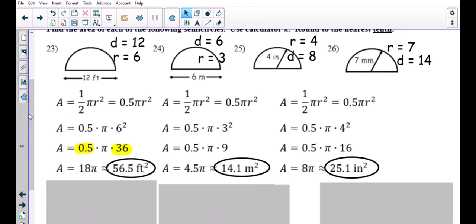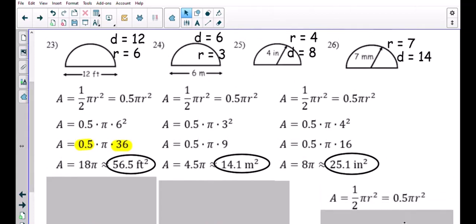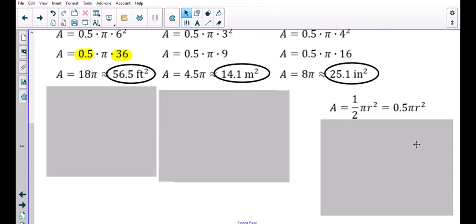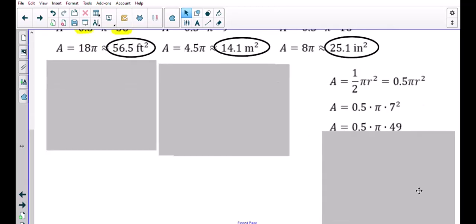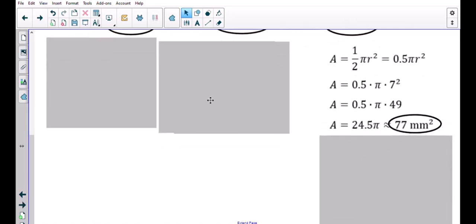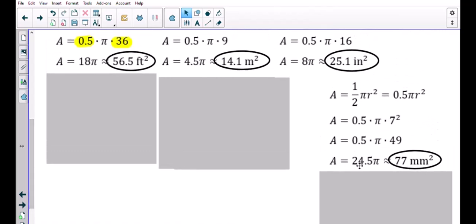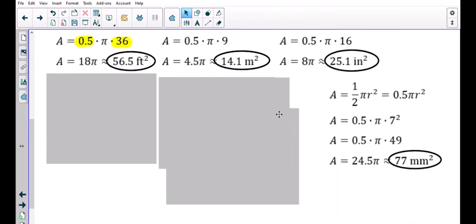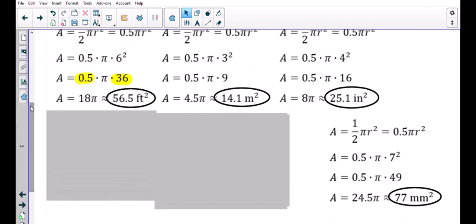And finally, number 26, because this is already a very long video, we've got our radius of 7. So we're going to take half times pi times r squared. R is going to be 7. So 0.5 times pi times 7 squared. 7 squared is 49. Half of 49 is 24.5. So we get an answer of 24.5 pi, which is about 77 millimeters squared. So I went through those pretty quickly, but it's something we are going to practice a little bit more as well